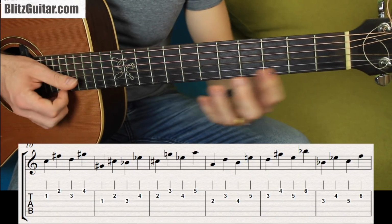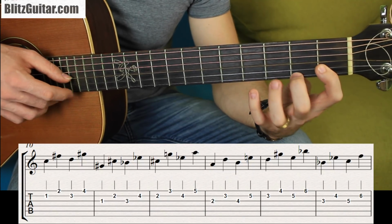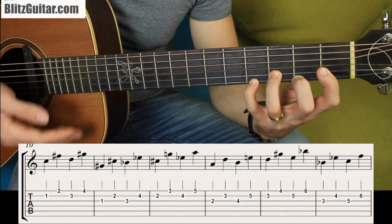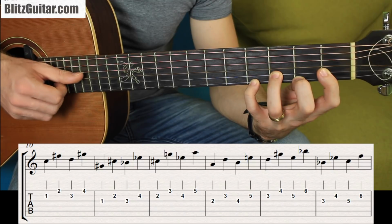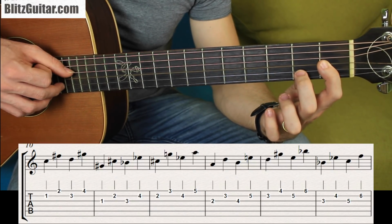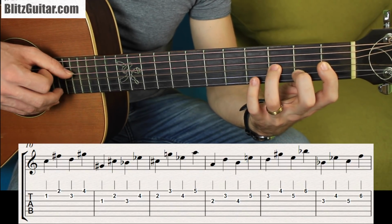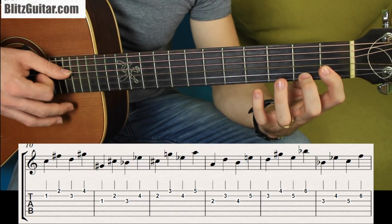Okay, so what am I doing? I'm going to play exactly the same exercise as we learned it. 1, 2, 3, 4. And then what I'll do, same pattern, 1 set of strings up. So I'm going to start with the 3rd string, fret number 1, 2nd string, fret number 2, 3rd string, fret number 3, 2nd string, fret number 4. Okay? So I will have